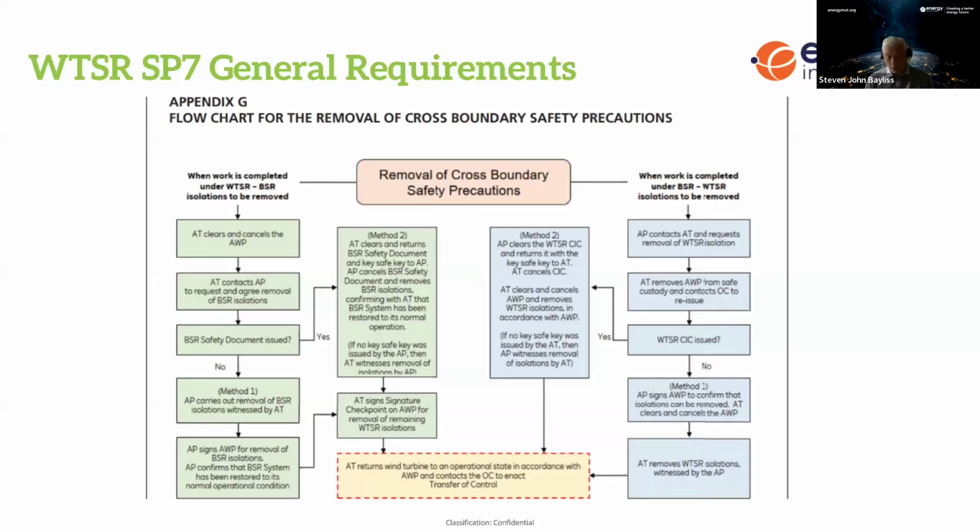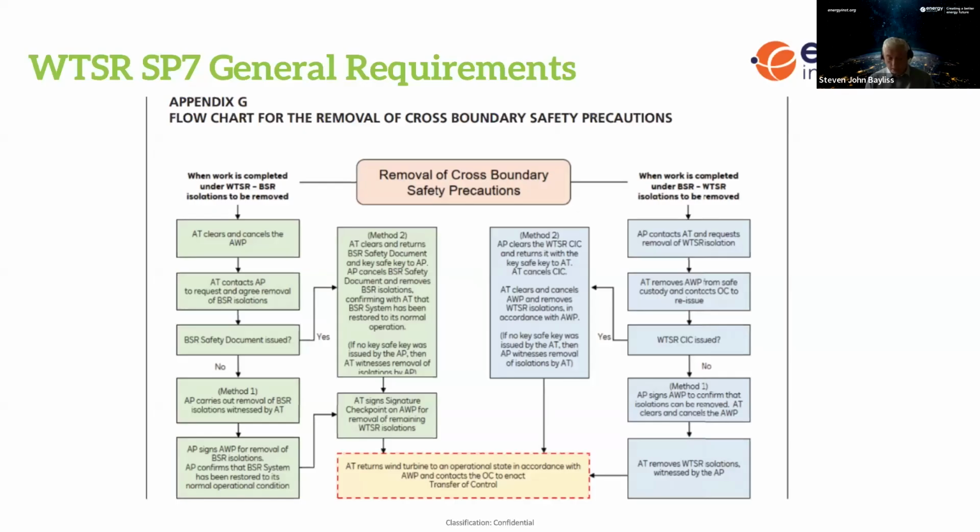The AT removes the AWP from safe custody and contacts the AT to reissue. Again, we've got this decision box which we've just gone through, so I'll just follow where the WTSR CIC is issued. If we say no to one being issued, then this would be method 1, and the